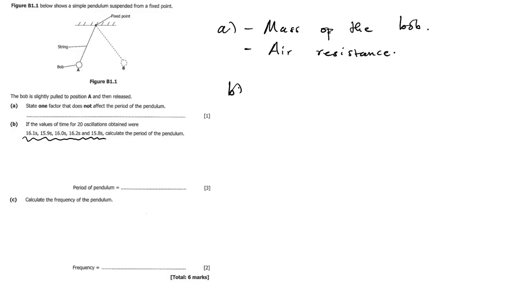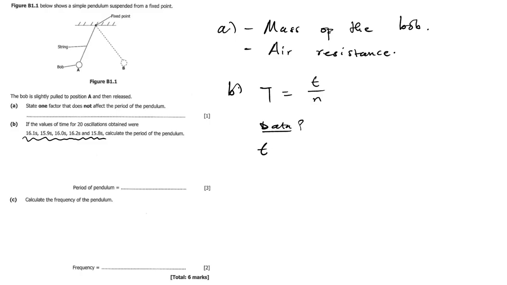Now, to find the period, which is just capital T, we know that this is basically time over the number of swings. Now, to find the time, in a case where we have a sequence of different time intervals, all we have to do is to find the average time. Now, how do we find the average time? So you can say data,